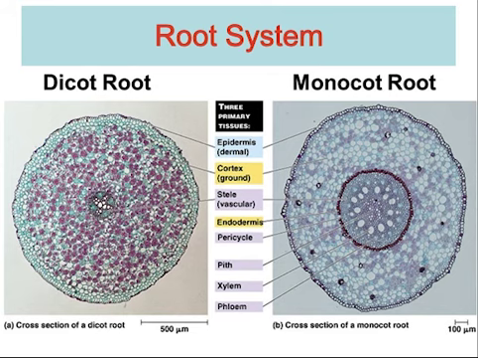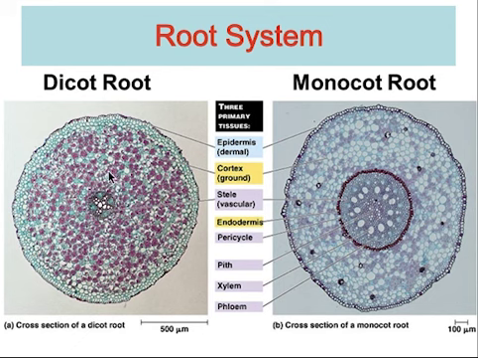So this picture shows the differences between dicot root and monocot root. As we know, most monocot roots don't have secondary growth, so only dicot roots can develop in a secondary stage. So we can see that the structures of